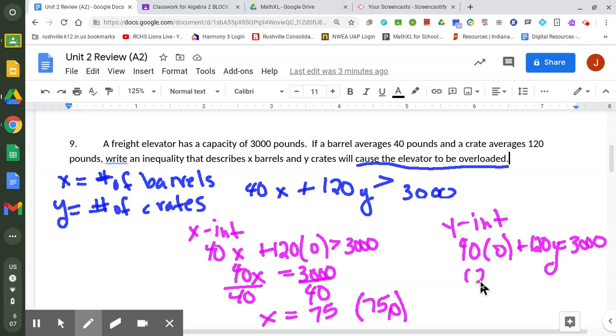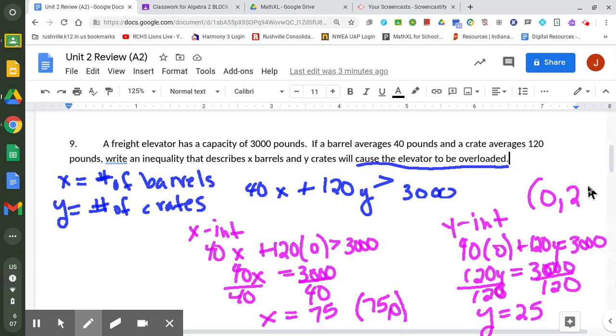So now I have 120y equals 3,000. Divide by 120, divide by 120. So my y equals 25. And so I write my y-intercept is (0, 25). So when we go to graph this,